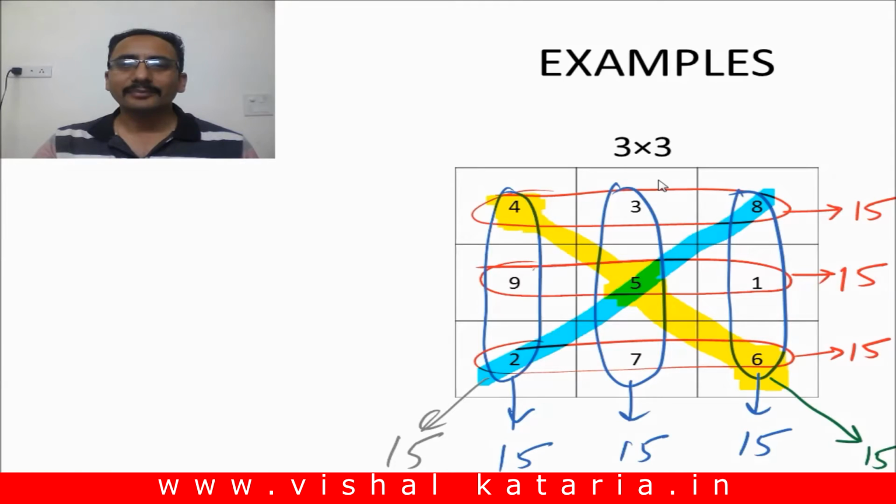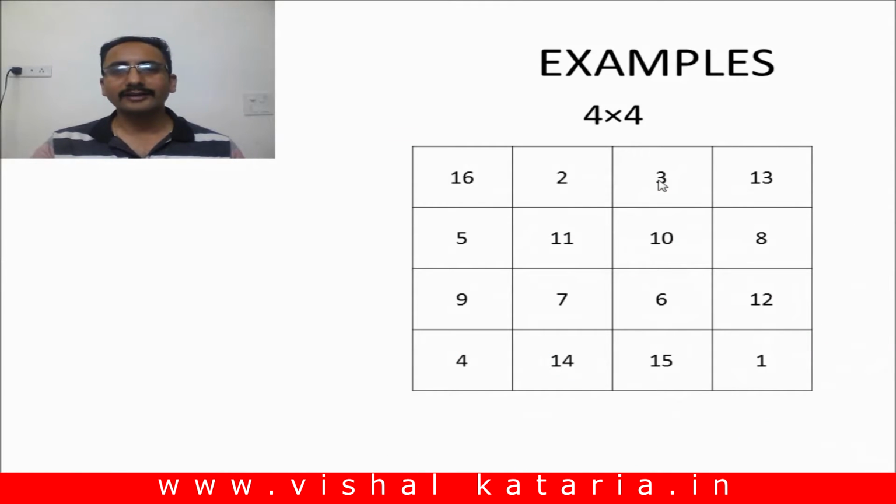The second example is of a 4 by 4 square. I have written a 4 by 4 square, meaning the square is divided into 16 further squares. I have written numbers 1 to 16 in such a way that the sum of numbers written in the first row, the numbers are 16, 2, 3, 13: 16 plus 2 is 18, plus 3 is 21, plus 13 is 34, and the sum of